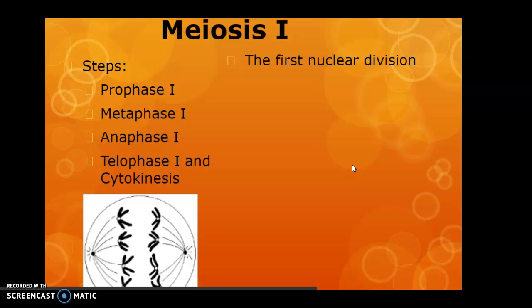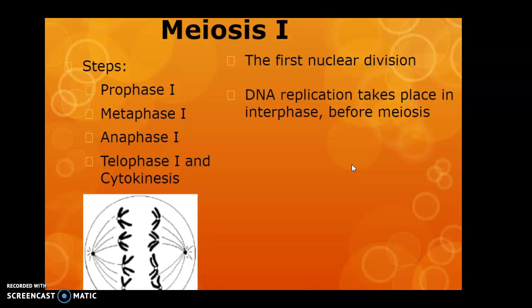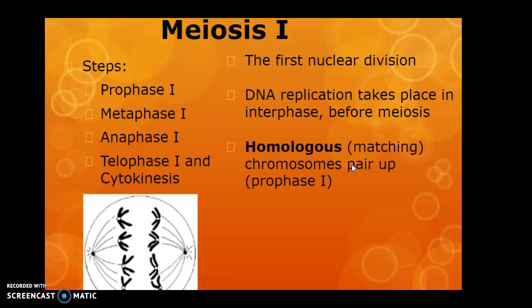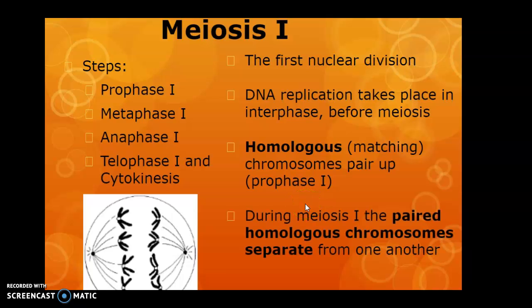Meiosis 1 is the first nuclear division. Prior to this, the DNA has copied, just like we saw in the S phase of interphase, where DNA is copied, so there's enough DNA for the new cells. When chromosomes are separating from one another, this is very important, homologous chromosomes actually separate. So we see in this picture that chromosome pairs, the entire X, is separating from each other instead of having the chromosomes split up. Meiosis 1 is characterized by the separation of the paired chromosomes to create new cells that have fewer chromosomes. And that's very different than what we saw before. So that would be anaphase 1.